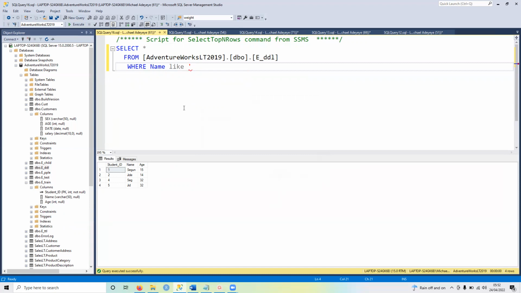So if I want the second letter to always be E, for example, that is going to be only Shegun, right? I would have said we should insert more, but you can practice that out. So I want the second letter to always be E. I can say underscore E and close that. So where the second letter is always E. So if I run this now,